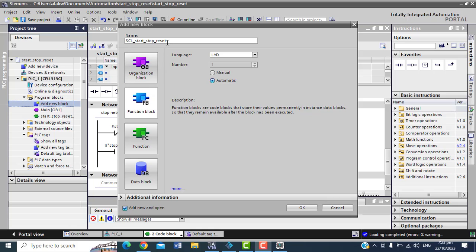For this function block, I named it SCL start stop reset, so you can know the difference between this one and the ladder one. The language I want to use here is SCL. I will just finish writing everything, so we can see what we did, because I don't want repetition that makes the video too long.